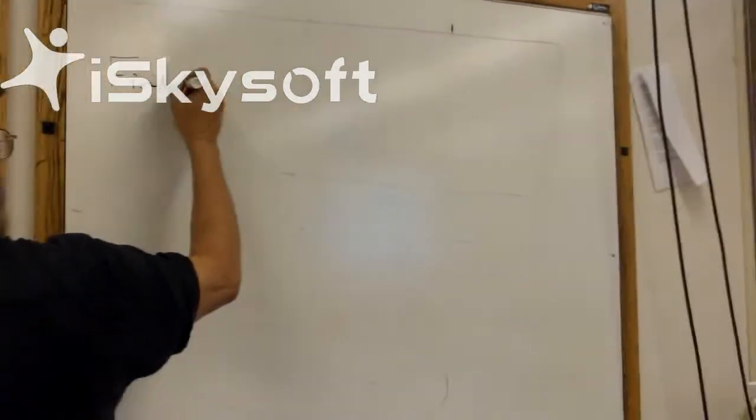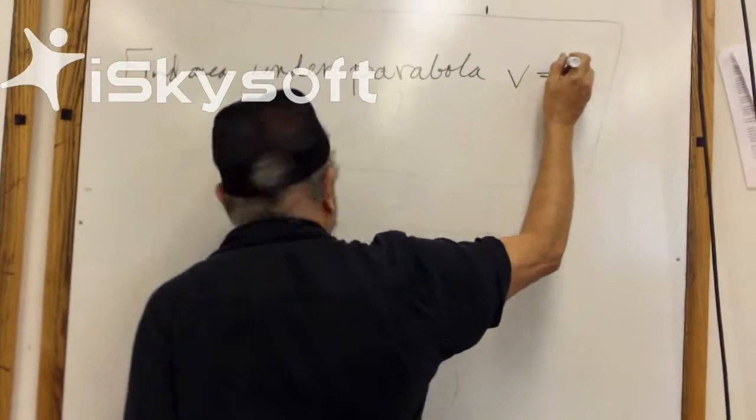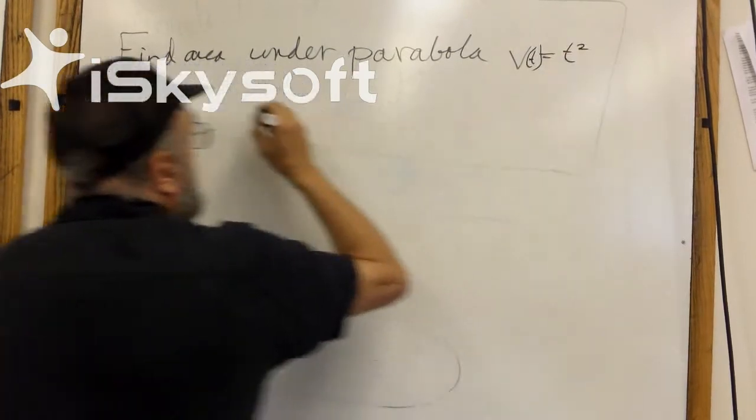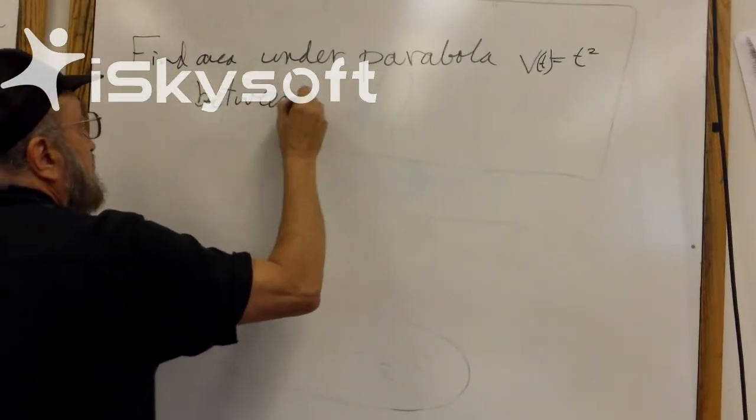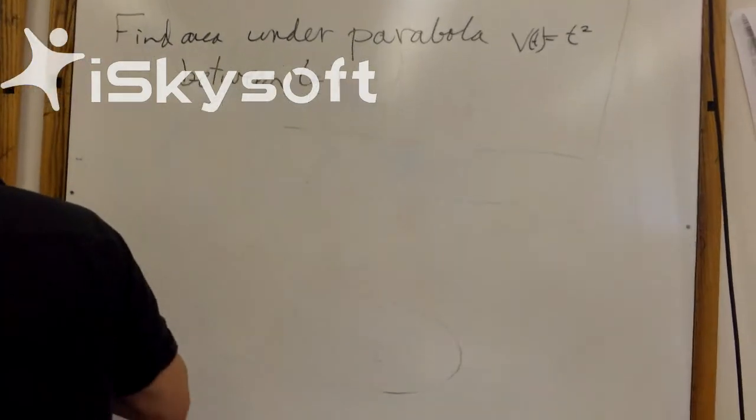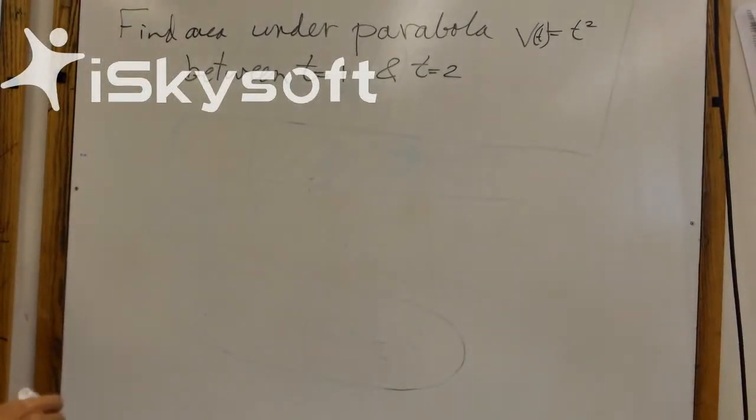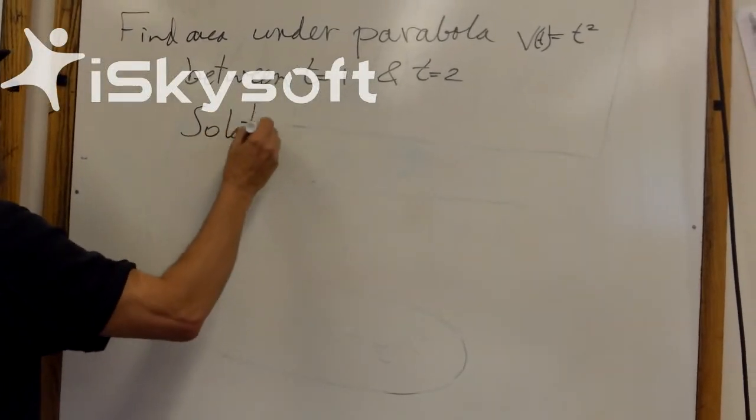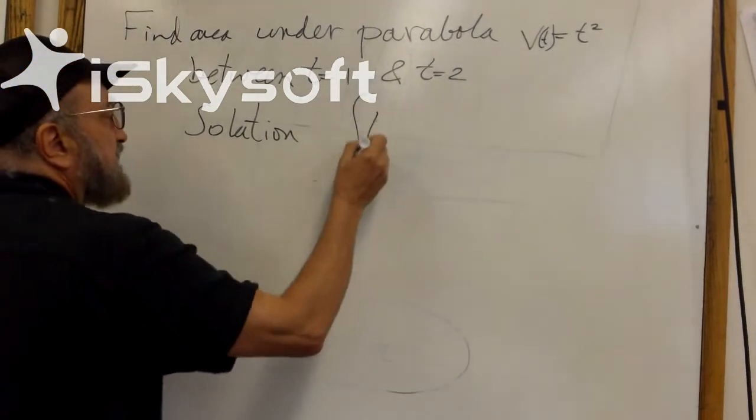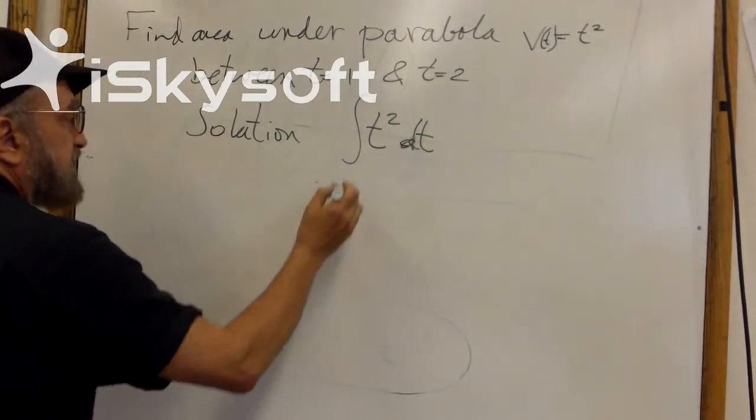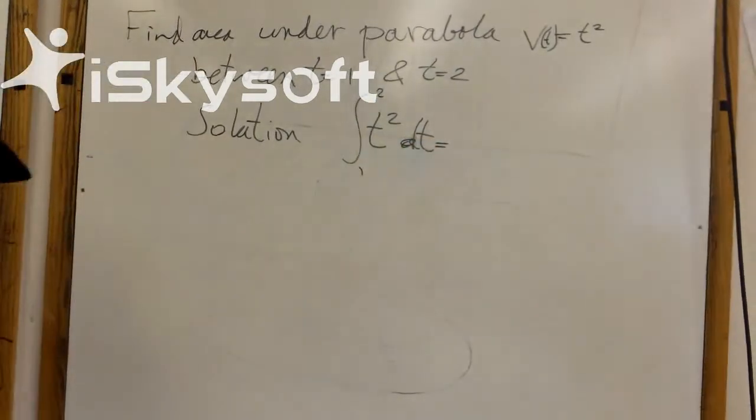Find the area under the parabola v equals t squared, v of t equals t squared, between t equals 1 and t equals 2. Solution. According to the fundamental theorem, the integral of t squared dt from 1 to 2 is equal to